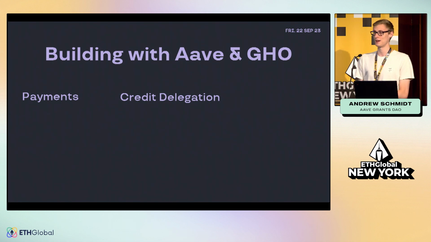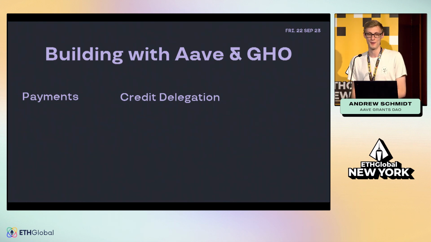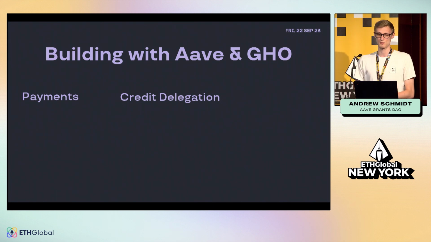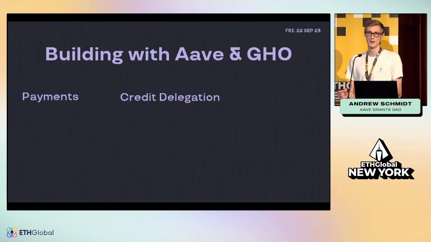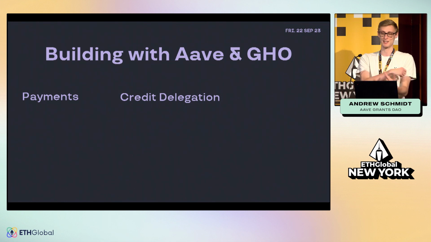And then the second is doing this in autonomous systems, where a user is delegating their credit to a smart contract, and then that smart contract decides when to borrow for the user, and provides basically a way for users to get yield by using their unused borrowing power. And this is something that has currently existed. One of the first implementations was with a Yearn vault, which allowed users to delegate their credit to the smart contract, and then the smart contract was able to perform these actions.